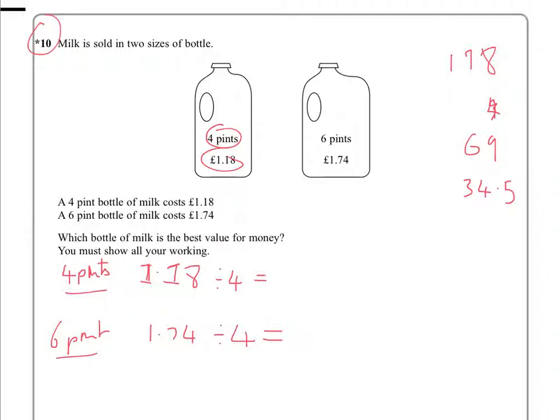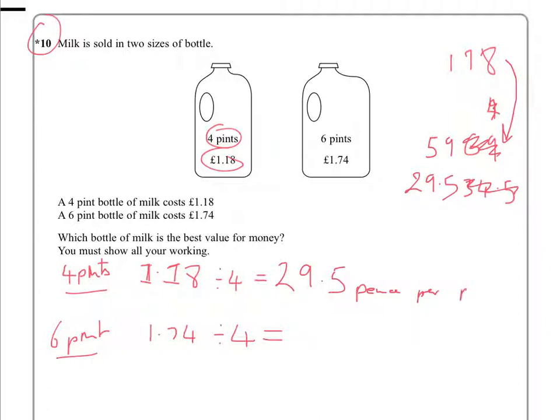Have I made a mistake there? That number doesn't ring a bell from the mark scheme. Let me just double check it. We have made a mistake there. Where's the mistake come in? Let me just pause it and try and work it out. Yeah, I've made a mistake, which was half of 118 is 59, not 69. So 59, and half of 59 is 29.5, so 29.5 pence